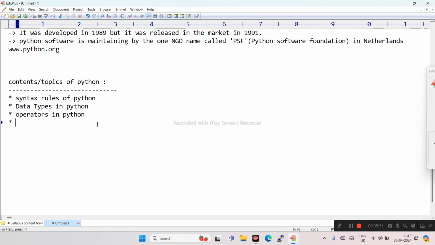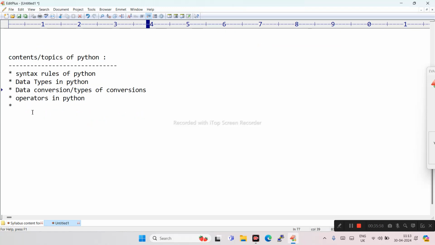Before these operators we have to discuss data conversion, also called data type conversion or type conversions.